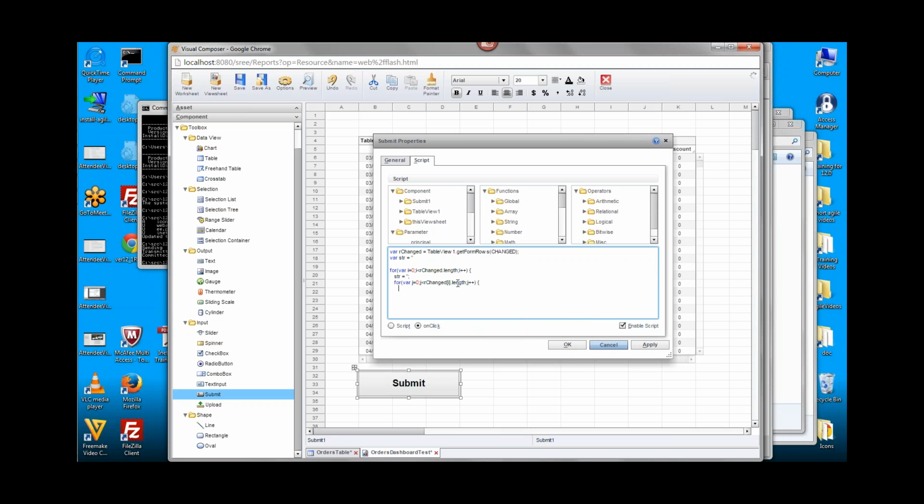And then I'm just going to modify this string variable and say str is equal to str itself concatenated with rChanged and then the double index ij. And just add a comma.